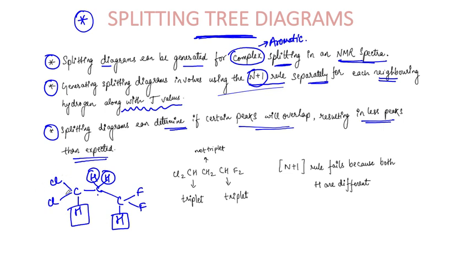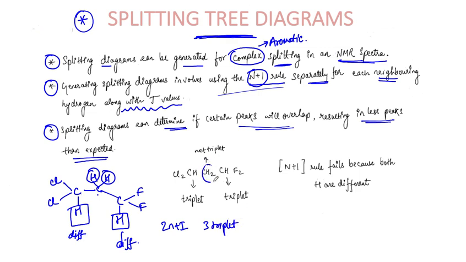They are facing Cl2 on one side and F2 on the other. So these two protons are magnetically different from each other. So what are they going to do? Are they going to split these two hydrogens into a triplet? Why? Because usually we know that when we are using two of these hydrogens, it's going to be the 2n+1 formula. 2 plus 1 is going to be 3, so it's going to be a triplet.